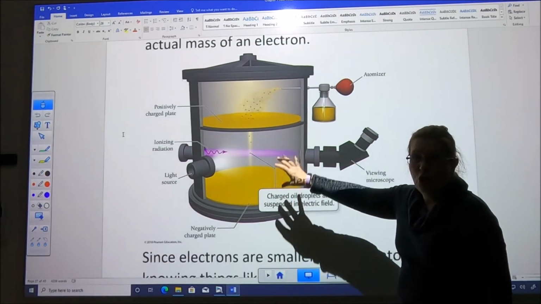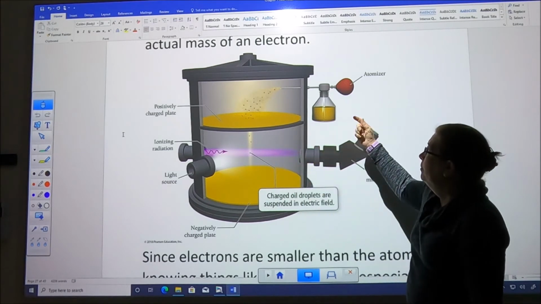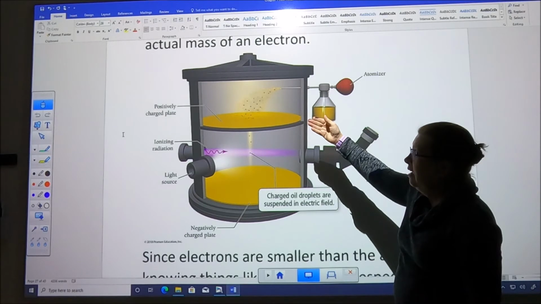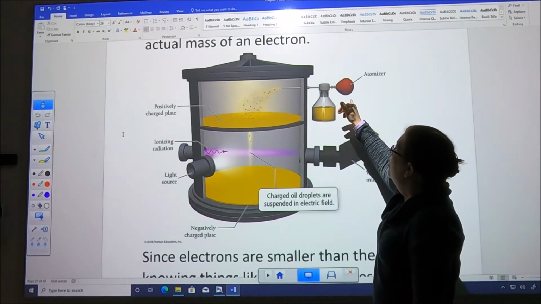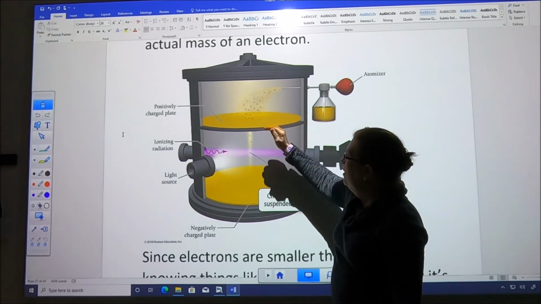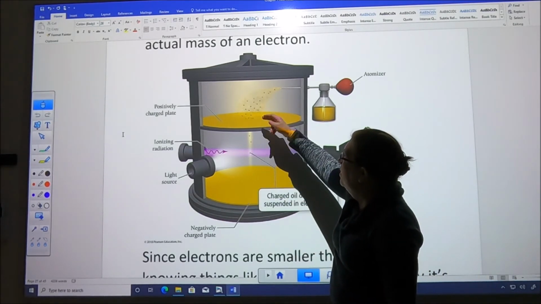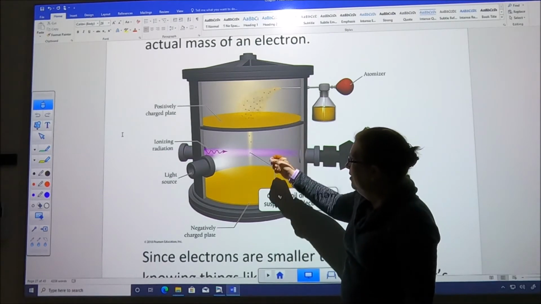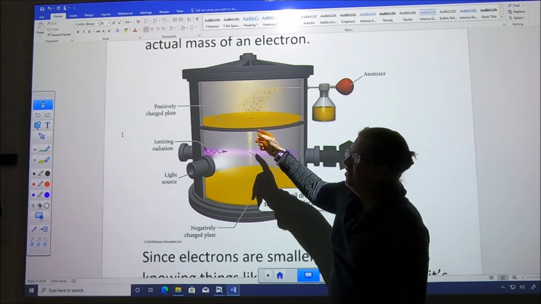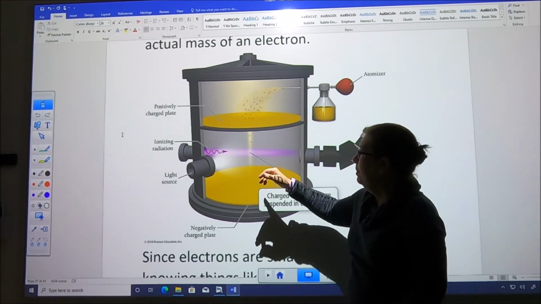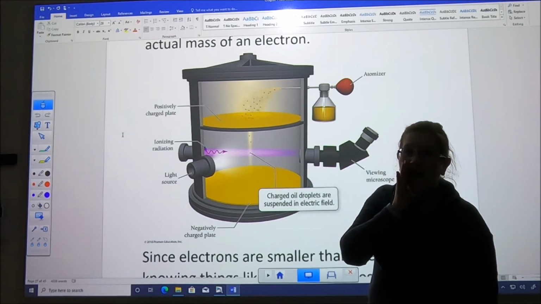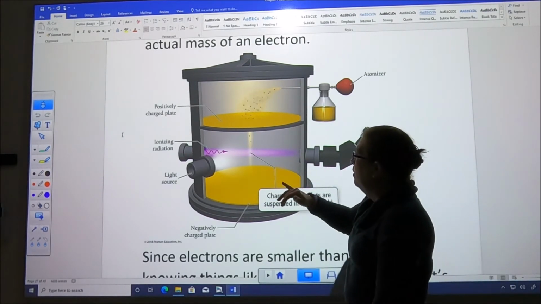This is a vacuum tube that is evacuated in here. And he shot fine droplets of oil, a very fine type of oil, in here through an atomizer, essentially a perfume bottle. Okay? There's a positive plate here, a negative plate here, and there's one tiny little hole in the center, and essentially it lets just drops fall down in that line. The other ones get stuck up here on this upper plate. They shoot in ionizing radiation, which, by the way, they didn't have any idea what it was, but it was a cool thing to play with.